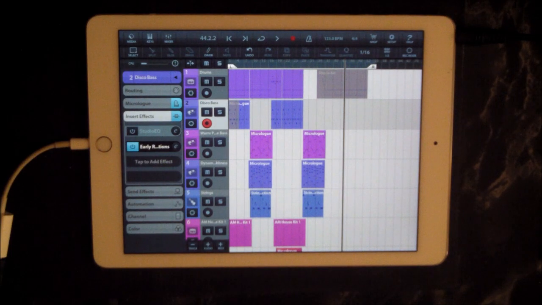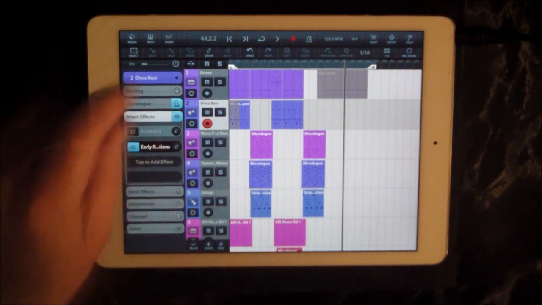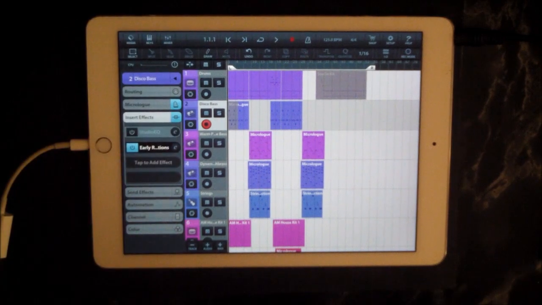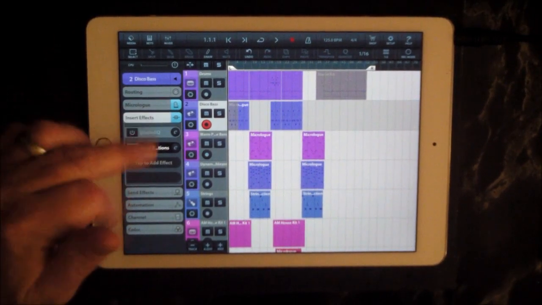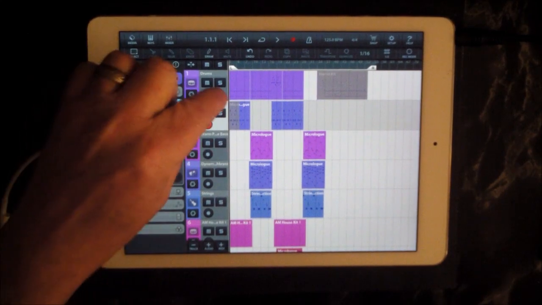So you can see it makes a massive, massive difference to the sound. Now you may not want to apply that many effects to a particular track, but I just did it to exaggerate the fact that you can pretty much radically change the sound just with these nice basic effects. So anyway, let's have a look at the